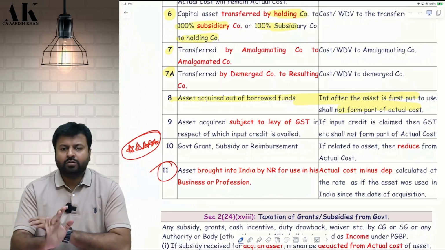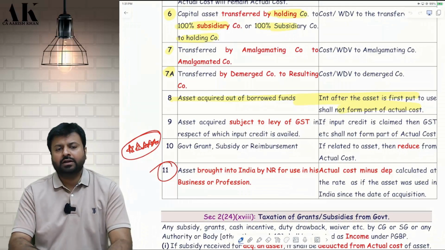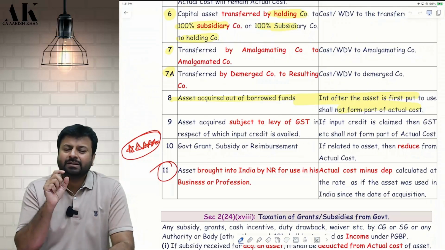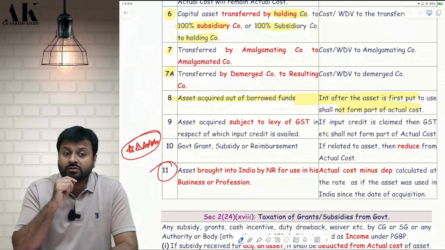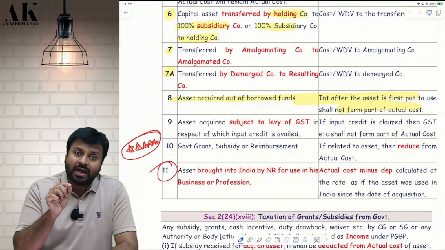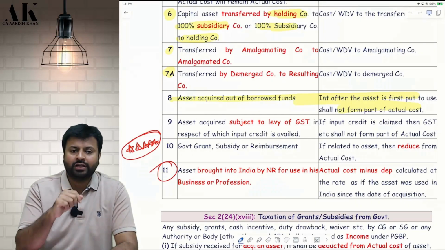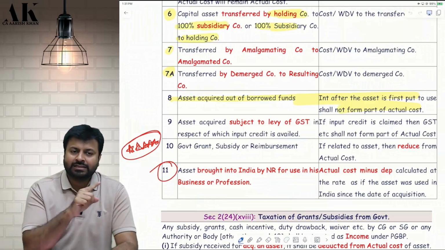One last thing I am doing as of now. Explanation 10. Very important. This explanation is something similar to what we have seen in the definition of actual cost. What was actual cost? Actual cost means actual cost as reduced by that portion which is met directly or indirectly by any person or authority. Correct or not? So, somewhat similar to that, this explanation tells us